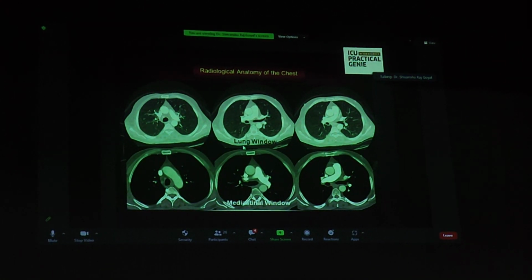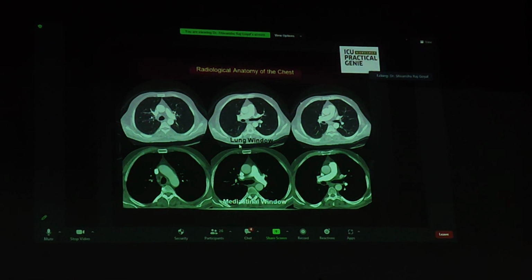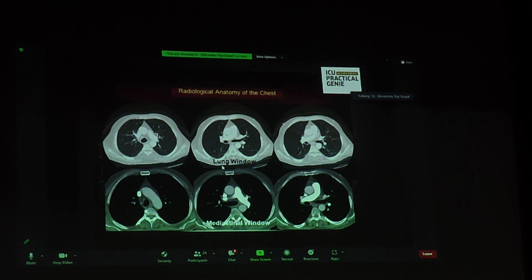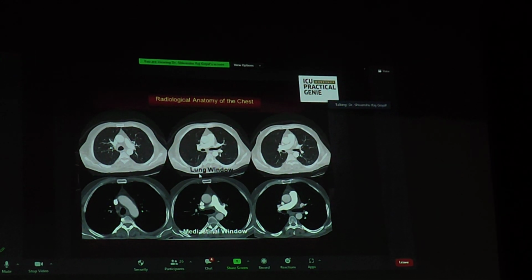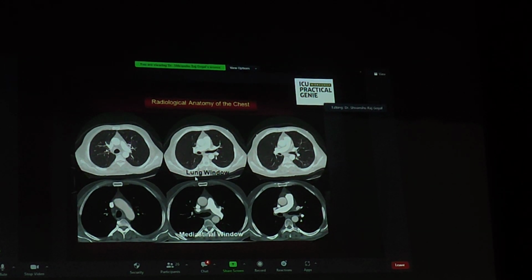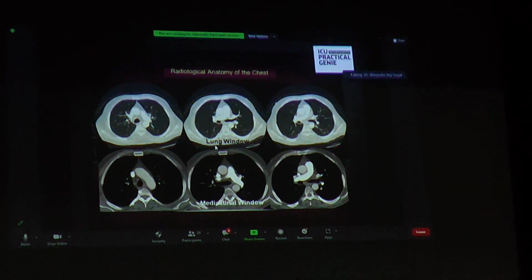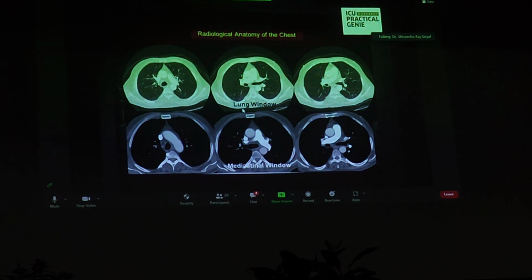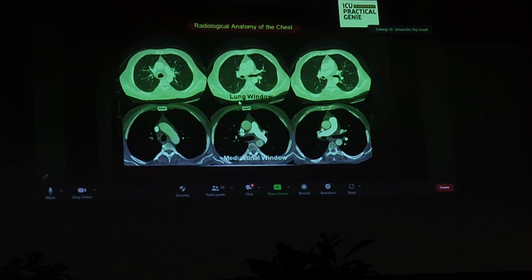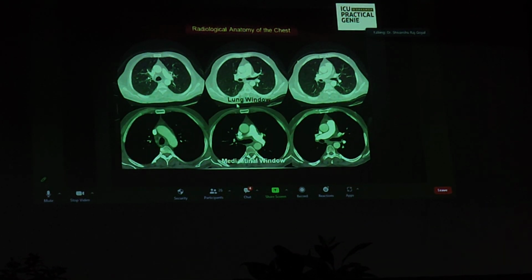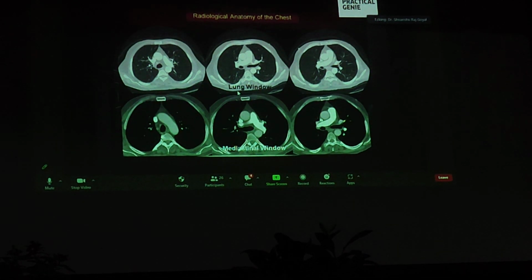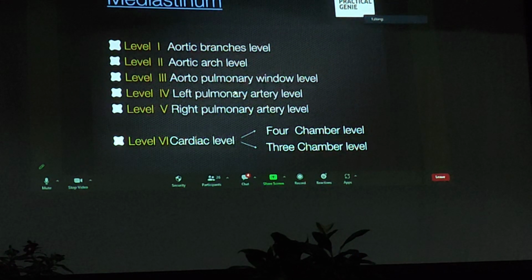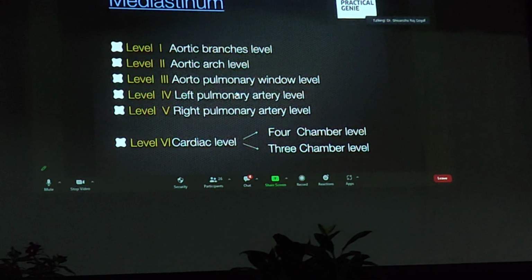So by having this basic knowledge, whether we are dealing with a normal conventional CT scan or an HRCT, let's move into the radiological anatomy of the chest. For all practical purposes, I will talk to you about two windows, that is the lung window and the mediastinal window. There are actually three windows: lung window, mediastinal window and bone window. Bone window is mainly reserved for fractures, bone tumors or any bony involvement, but we do not need to discuss too much about the bone window. If we concentrate on these two windows, we have served our purpose. So let's start with the mediastinum.